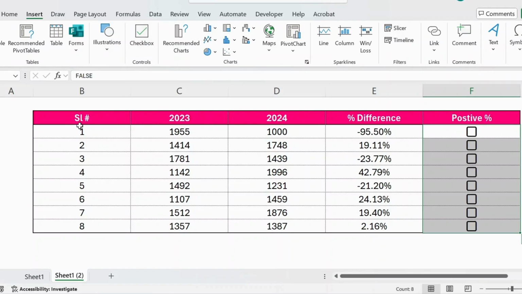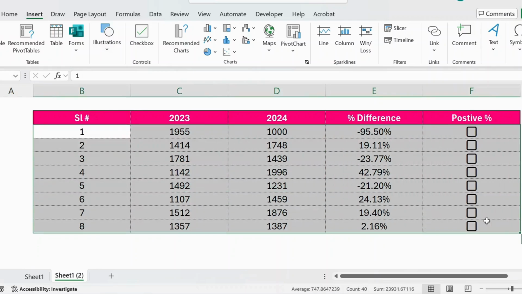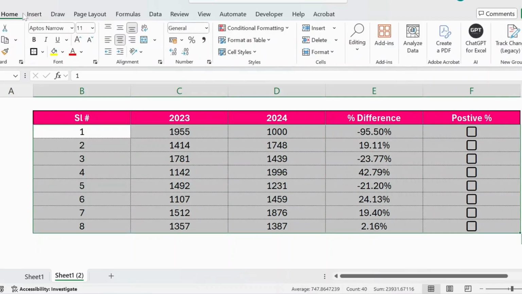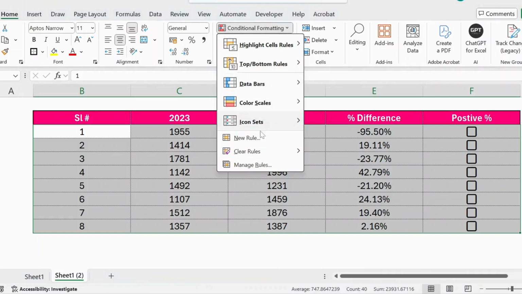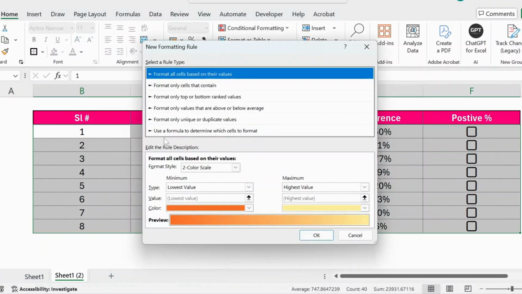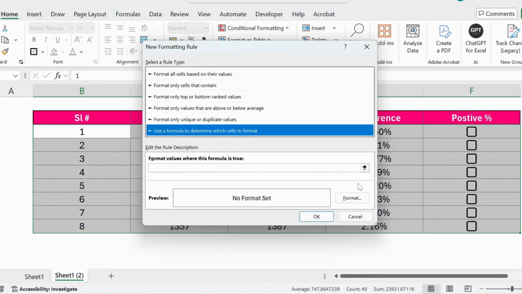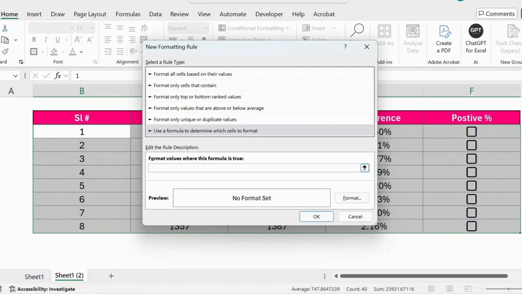Now let's select the entire table. Then go to the Home tab, and we have conditional formatting and new rule, and use this function. And here let's write a formula. So let me select this cell F3, and I want to press F4 on the keyboard to remove this lock. Since we need to extend this formula, let me press F4 twice,